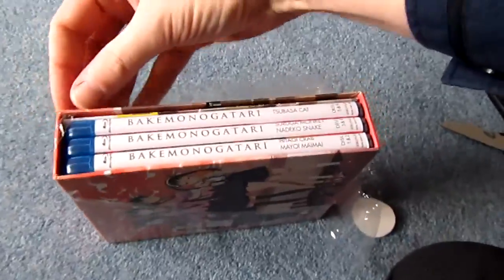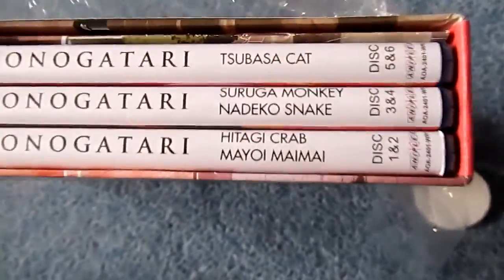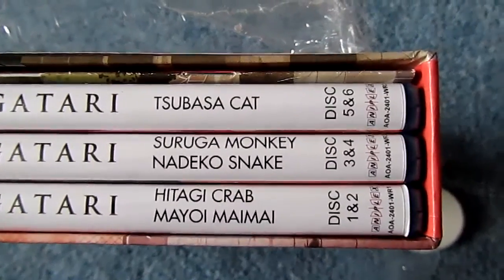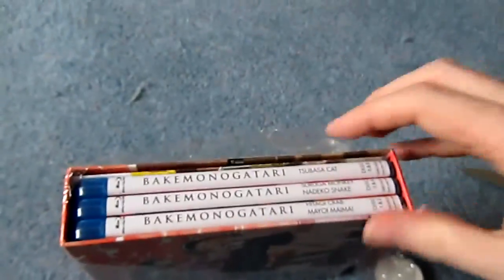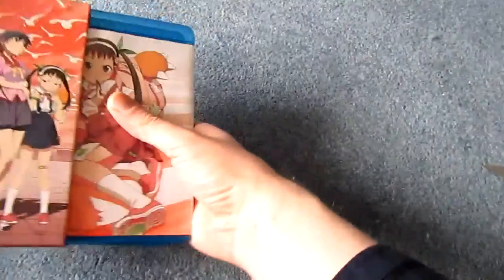Quite nicely they've actually labelled each disc with the actual story arc that it contains, which is kind of cool, kind of useful maybe. Yeah, that's kind of cool. I'm just kind of confused about the Mayo arc on that, because I'm pretty sure it was called something else, but anyway. Inside the box